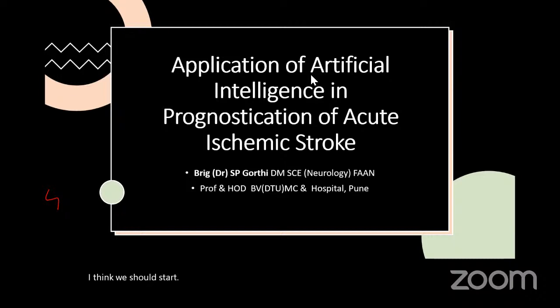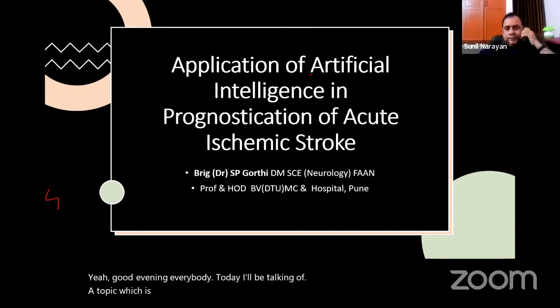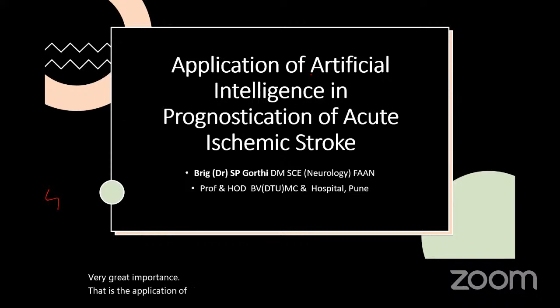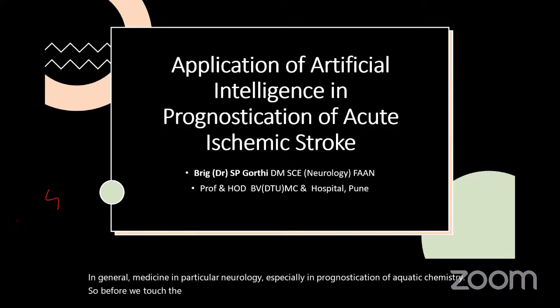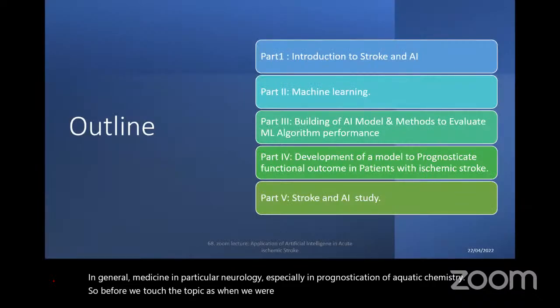Good evening, everybody. Today, I'll be talking of a topic which is of very great importance. That is the application of artificial intelligence in general medicine, in particular neurology, especially in prognostication of acute ischemic stroke. So, before we touch the topic, as you know, when we were in MBBS and MD DM, we were not